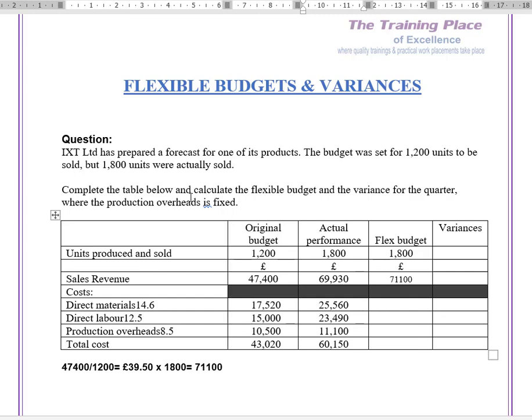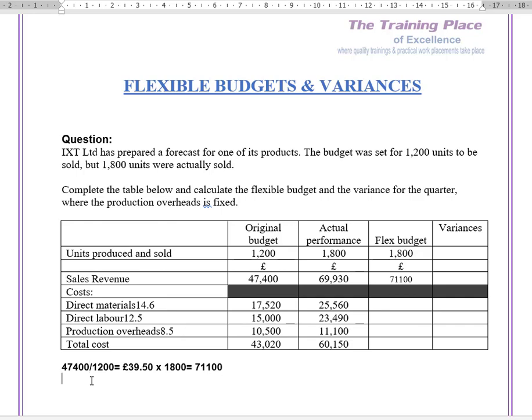In this question, they are telling you, complete the table below and calculate the flexible budget and the variance for the quarter where the production overhead is fixed. So I need to be careful. We've inserted in there direct materials. The cost for one unit for direct materials will be £14.60, and that I would expect to have been calculated